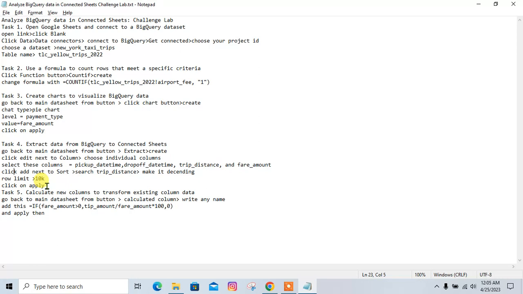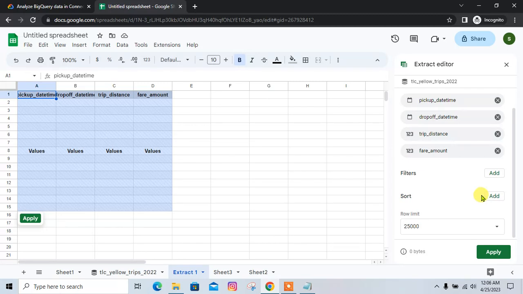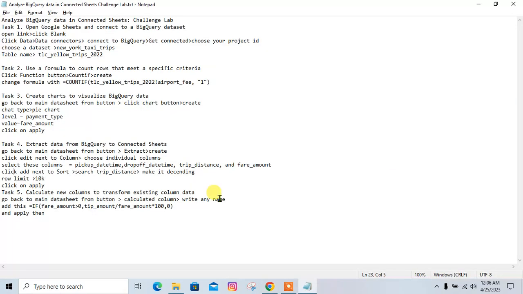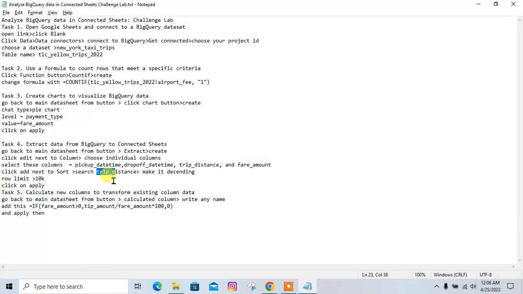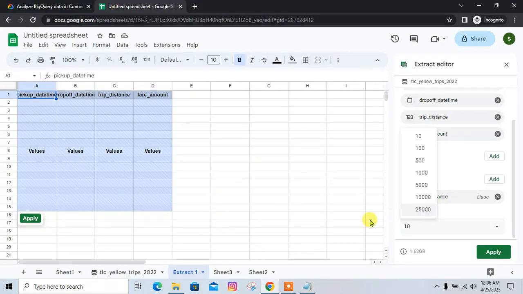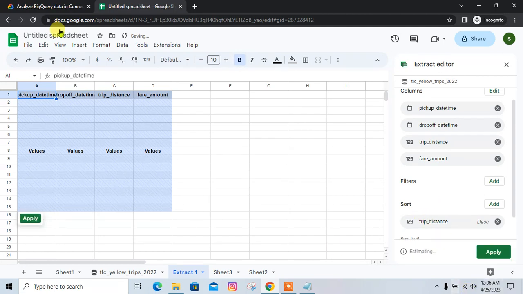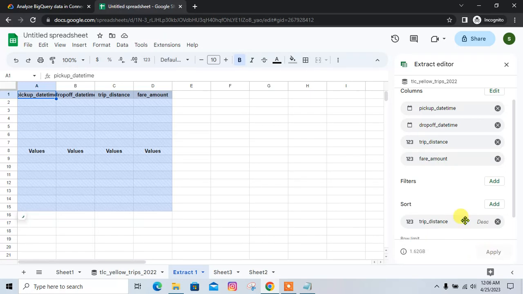click add next to sort. Okay, we have to do some more work, so we have to click add button next to the sort one. So click add, and search for trip distance. Okay, search for trip distance, click it, and make it descending order. Okay, so this is ascending, now it is descending, and change the row limit to 10,000. Change the row limit to 10,000, and then click apply. Okay, let's click this apply button